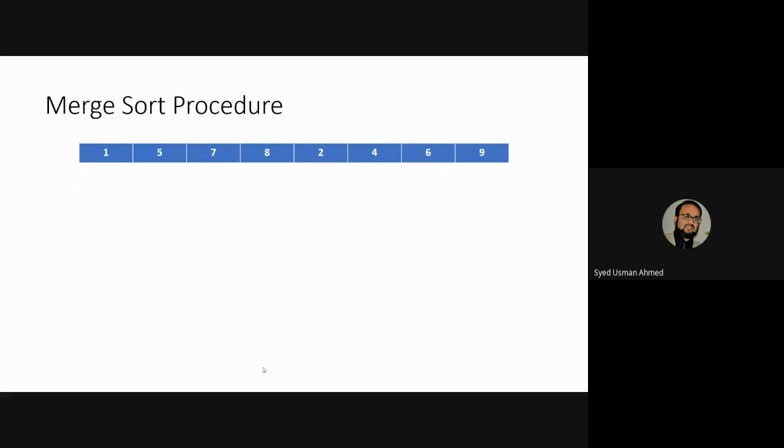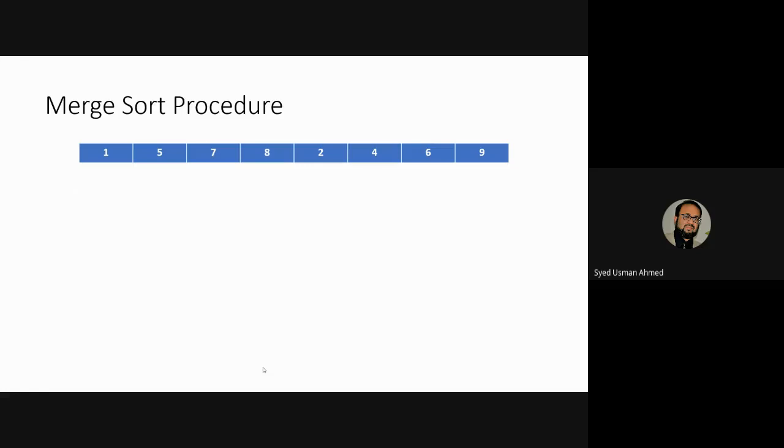Now let us do the same process on an array, because we as computer scientists, computer engineers, or computer science students and professionals generally work on arrays. So let us see how we implement the same workflow on a single array.